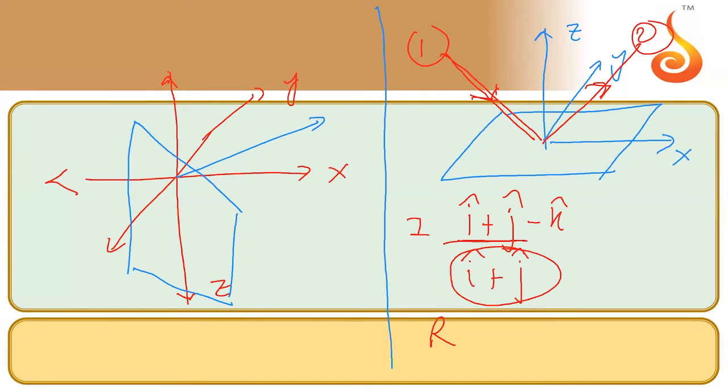Only the components along the direction of normal flip around. So what do I end up getting? The reflected ray direction. I becomes minus I, J becomes minus J, and K remains as minus K.